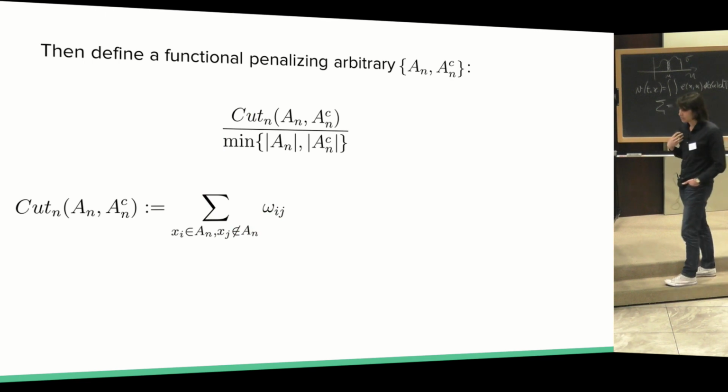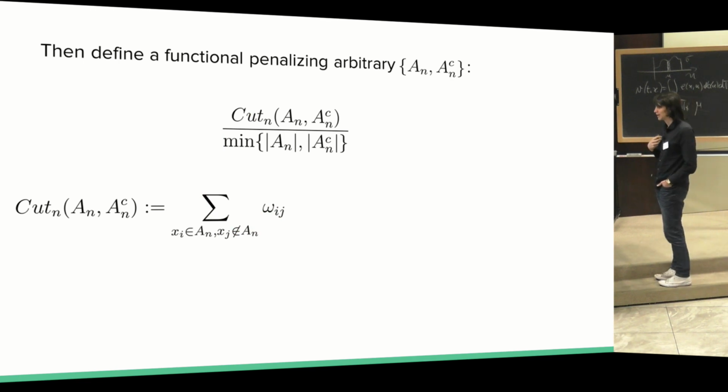Now let's just see how we can define a meaningful partition into two sets for a data cloud. So I'm going to do it via a variational problem. I'm going to be interested in a functional that looks like this. It's a quotient of two things. The numerator